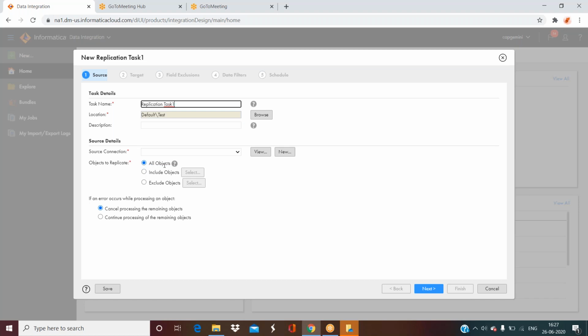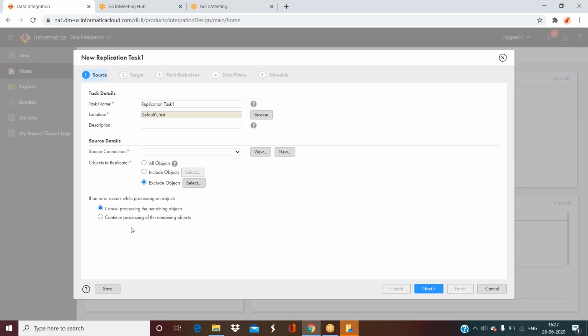You can replicate all objects in one run, so you can select all objects, or you can select include objects. If you want to replicate only a few objects, you can select include objects and select which objects you want to replicate. And you can exclude objects. By selecting this option, you can exclude the objects you don't want to replicate. So these are the 3 options.